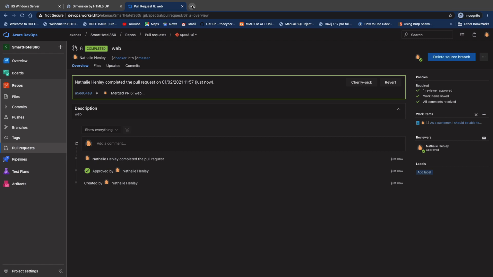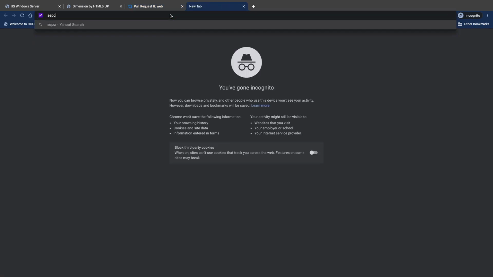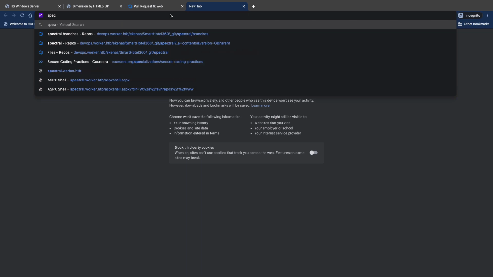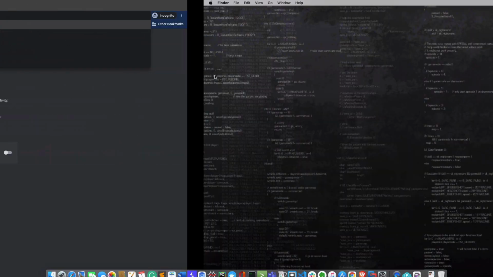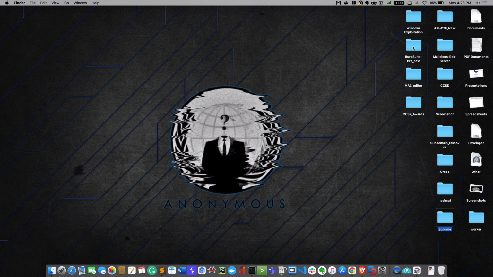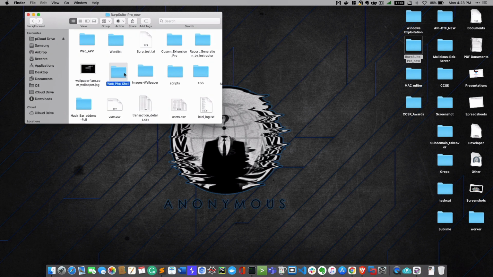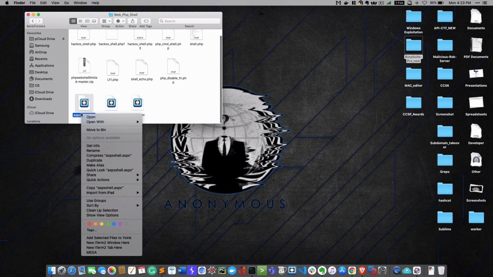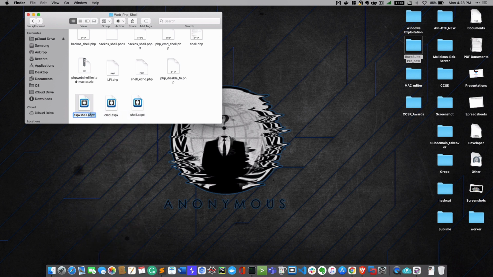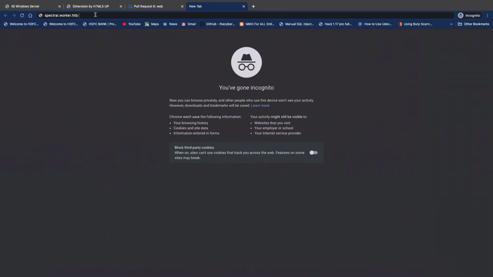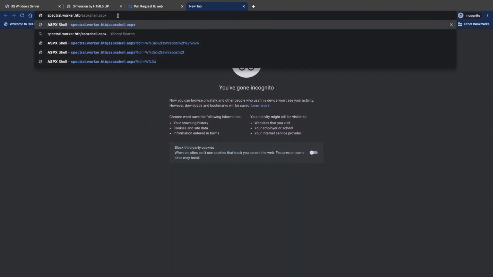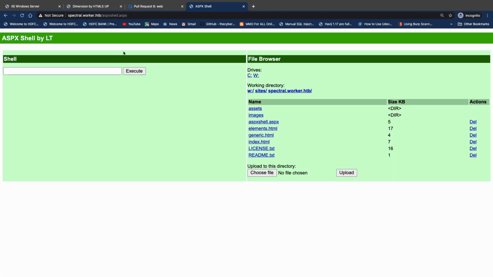So what I can do here is try this domain, spectral.worker.stb. After that, the shell which I have uploaded, let me go to my Burp Suite Pro word list, and I have a web and PHP shell. I need to copy that, rename it, and Control C. After that, you can go to this section and paste the shell. If everything is okay, you will be able to see the shell. Fantastic. See, this is our shell, whatever we have uploaded.